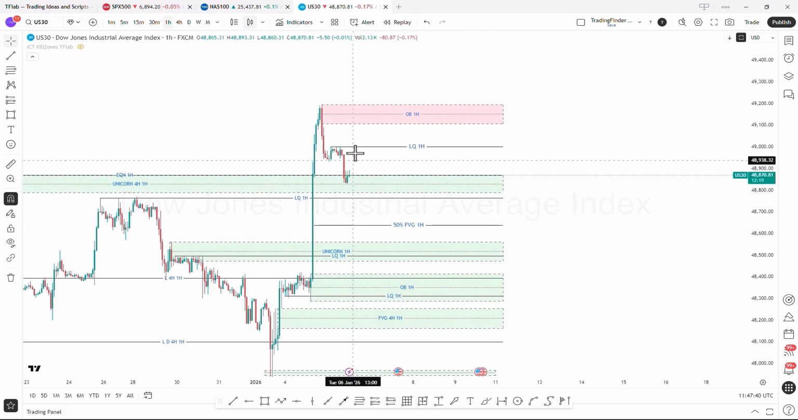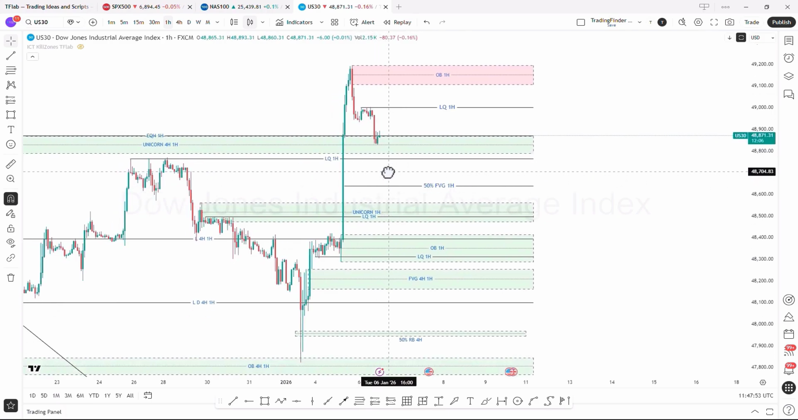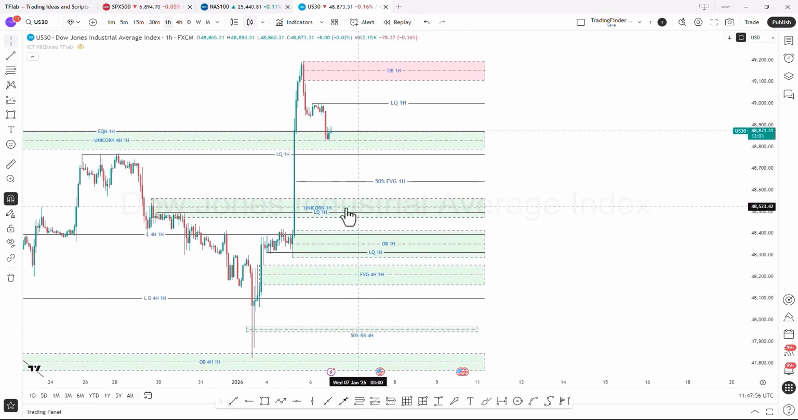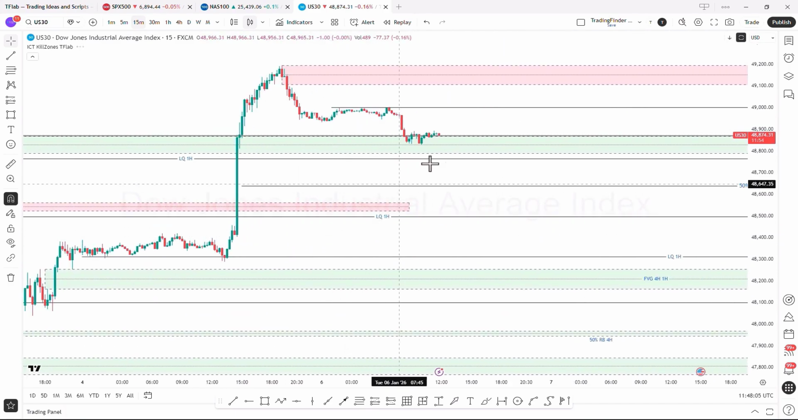If the price continues its bullish trend, it will eventually react to this 1-hour order block zone. And if it closes below the unicorn zone here, the 50% level of the FVG or the unicorn zone, the 1-hour zone here acts as a level for us and can be an important support. Now, if we switch to the 15-minute time frame,